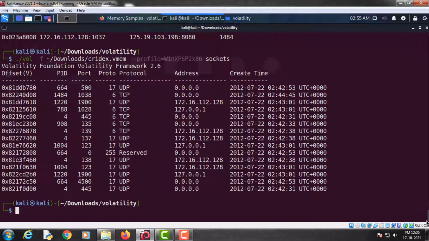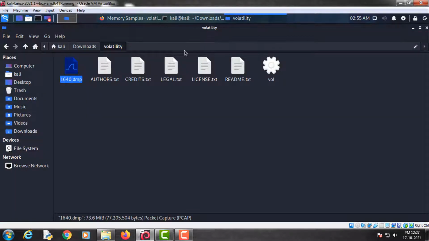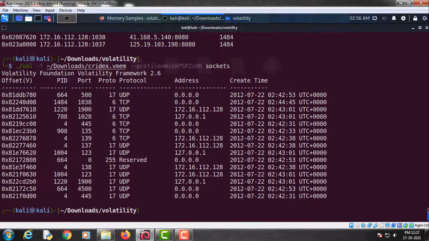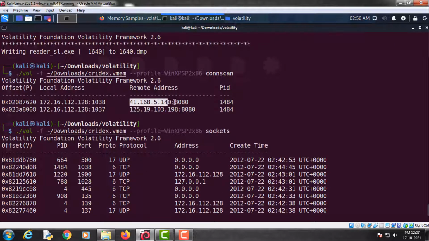Strings, and the name of the dump is 1640.dmp, and use a pipe and then grep and try to find out if this process dump is using this IP address, mentioned in this 1640 process ID.